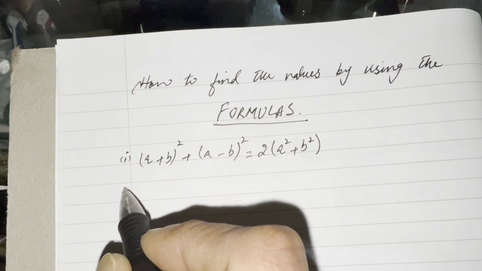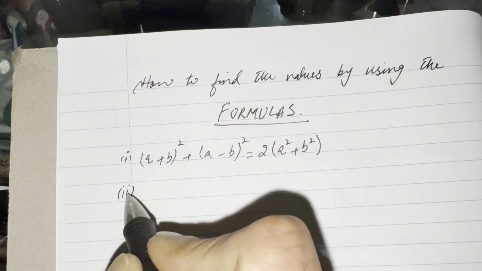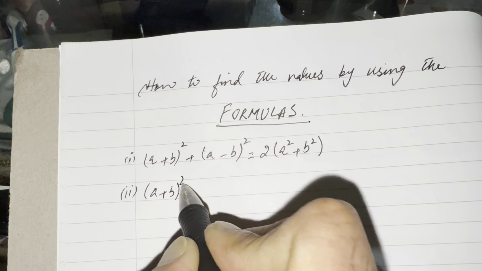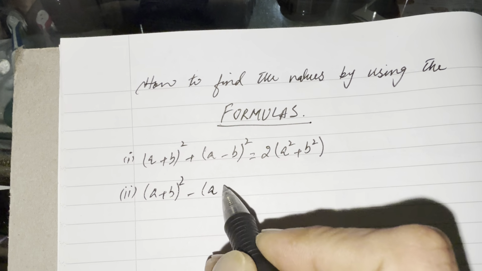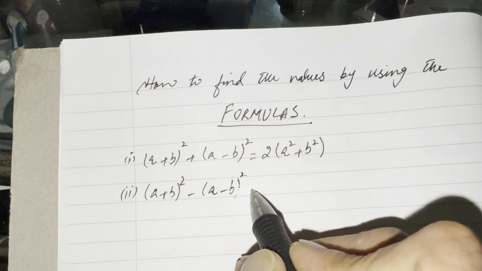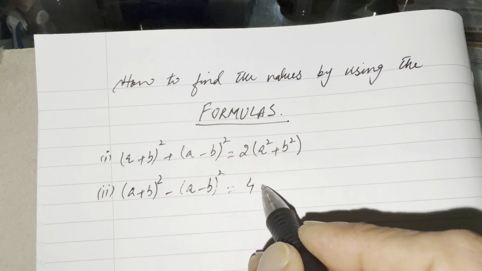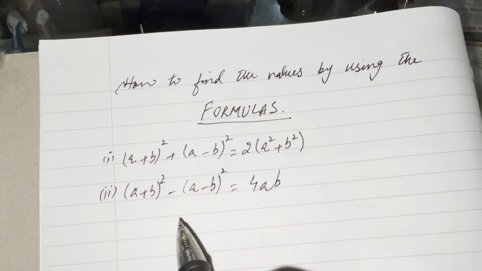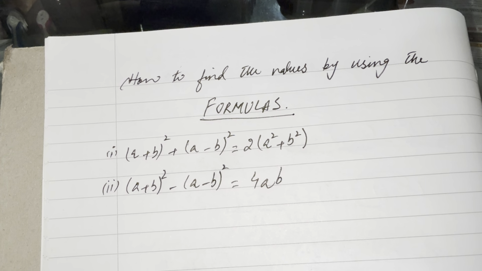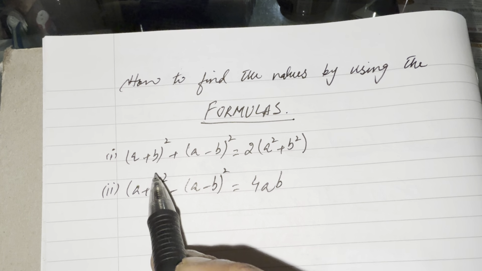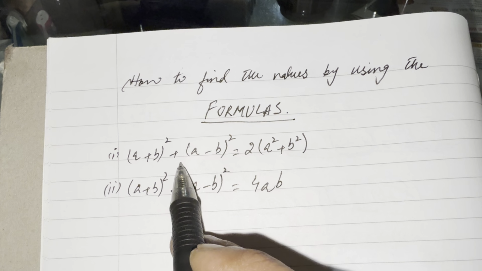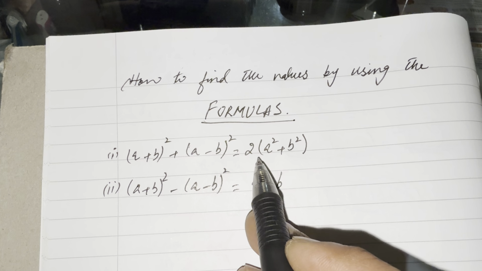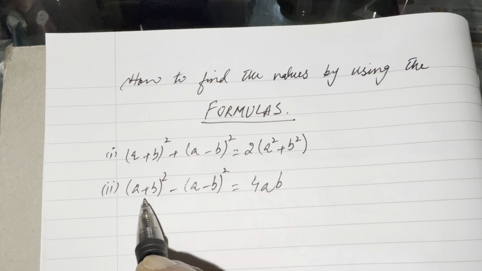So in our second formula, if you remember, that was (a plus b) whole square minus (a minus b) whole square is equal to 4ab. ये कल हमने जो हमारा पिछला लेक्चर था उसमें ये दो फार्मूलाज देखे थे। उसमें हमने लेफ्ट हैंड साइड ली थी और उसको एक्सपेंड करके हमने देखा था कि राइट हैंड साइड किस तरीके से फाइंड आउट की जा सकती है।